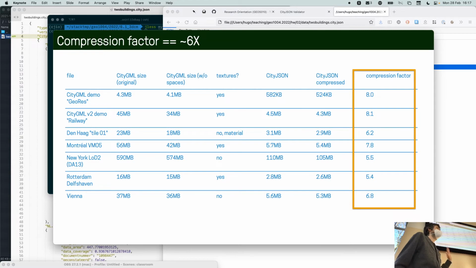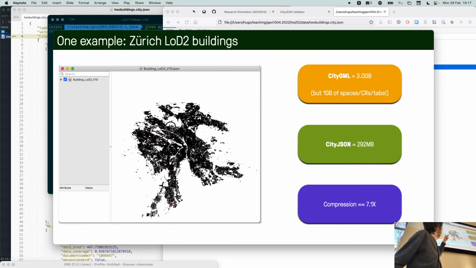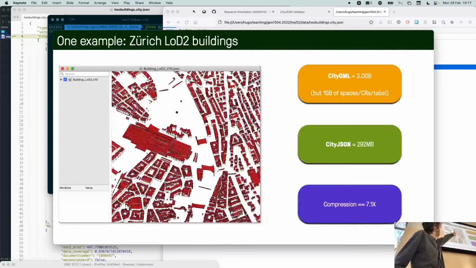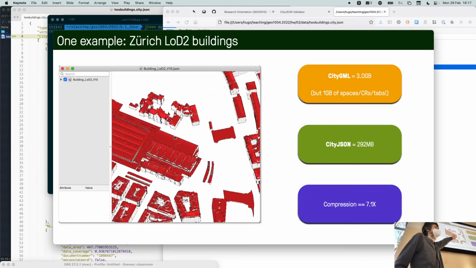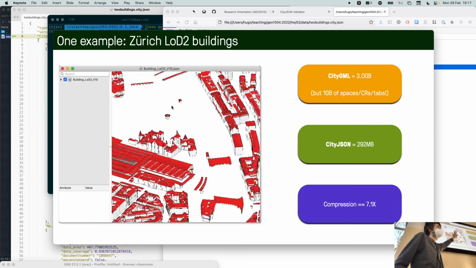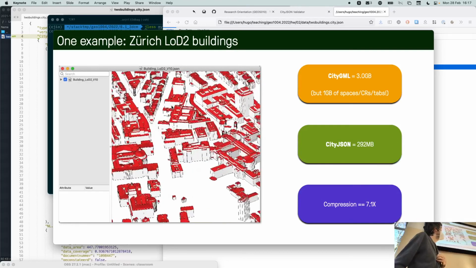For us, we want CityJSON to be used on the web. This one is the file of Zurich in Switzerland. The original CityGML file is 3 gigabytes, which is not small. And when we convert it automatically and losslessly to CityJSON, it's 292 megabytes.